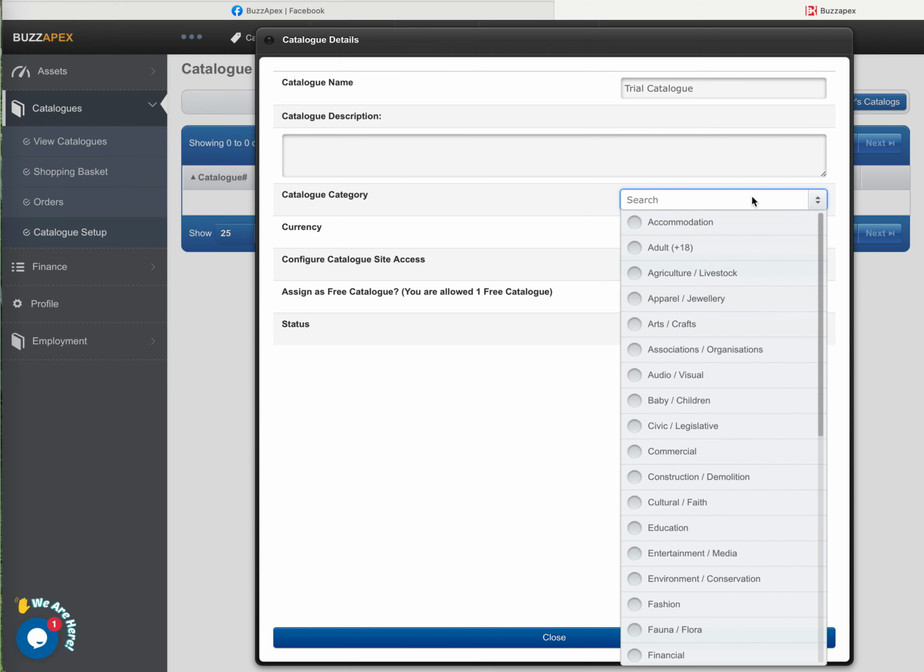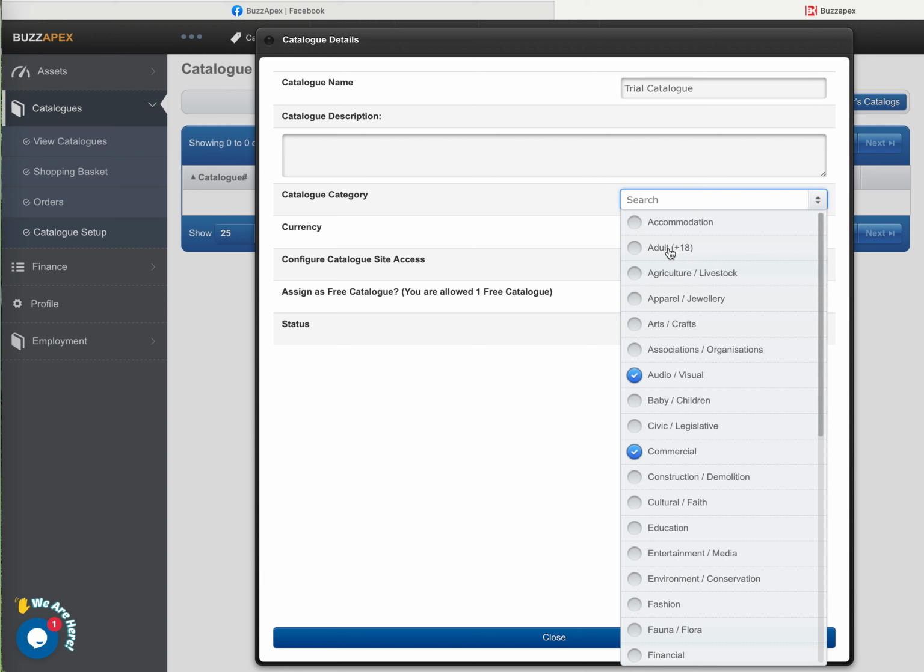The next thing we're going to select is what category it belongs to. In other words, what categories are being employed within the catalog. So for the purposes of demonstration, we'll select these two. You'll also see that there is one for adult. Adult covers items such as alcohol, cigarettes, and the various other products, firearms, and so on, that are generally considered